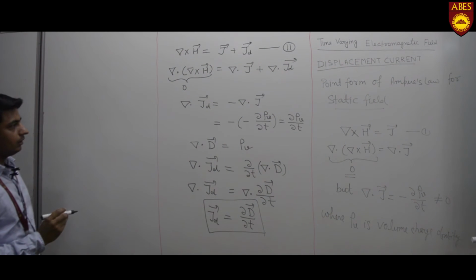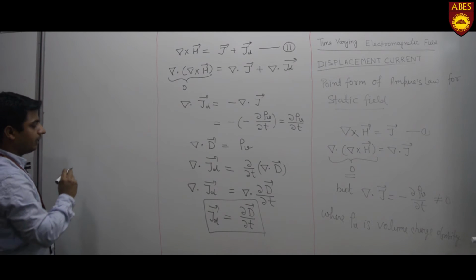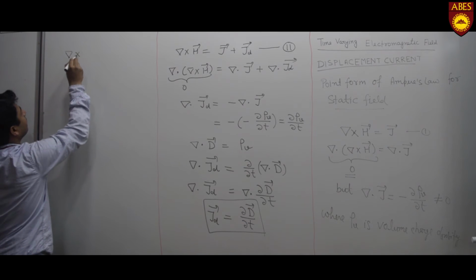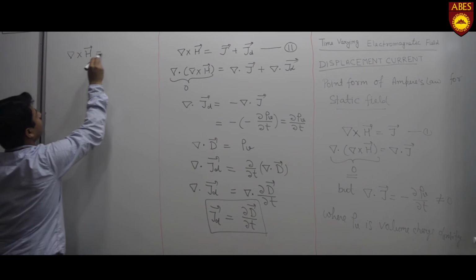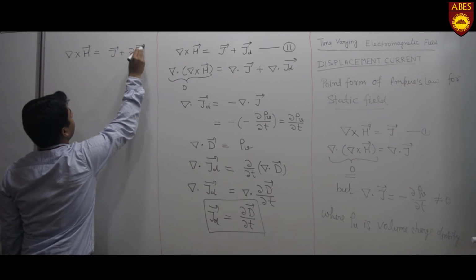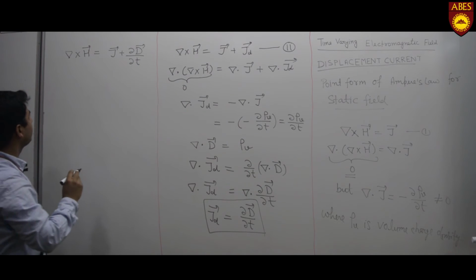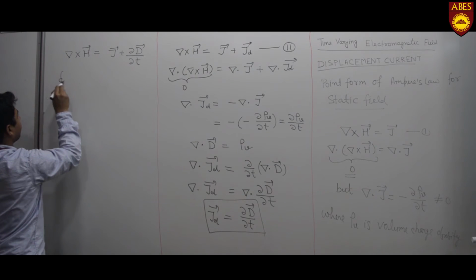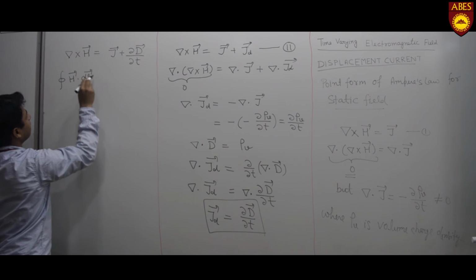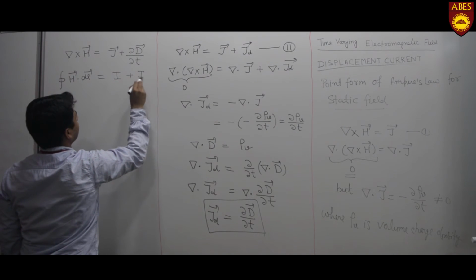So Ampere's law for the time varying field becomes curl of H is equal to J plus del D over del t, and in the integral form it becomes closed integral of H dot dl is equal to I plus Id,